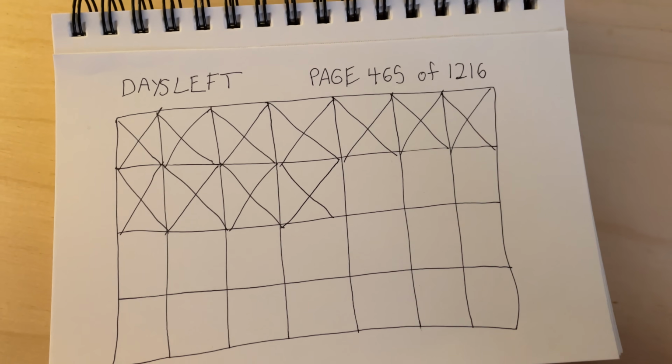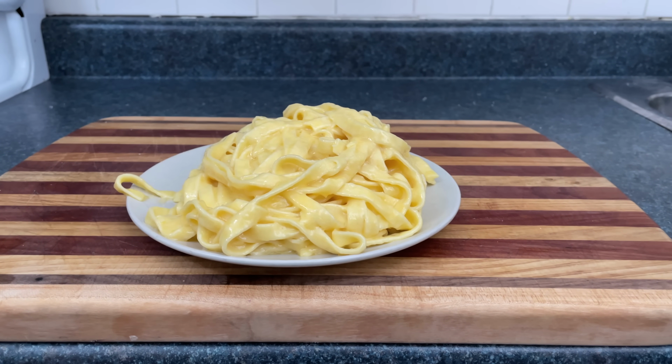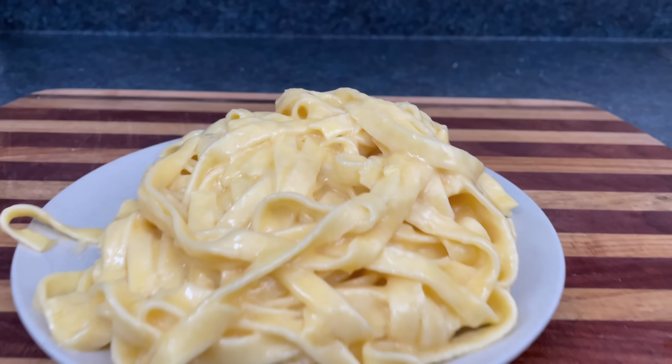And then while you're eating it, you can just cross off 1 day of your life with each delicious bite. Now it tastes great like this, but you can add some pepper if you prefer, or some hot sauce, but just be aware, Mr. Alfredo is watching, and he'll come to you in your sleep. He'll sneak into your room in his ghostly body and come really close, and then he'll whisper in your ear,